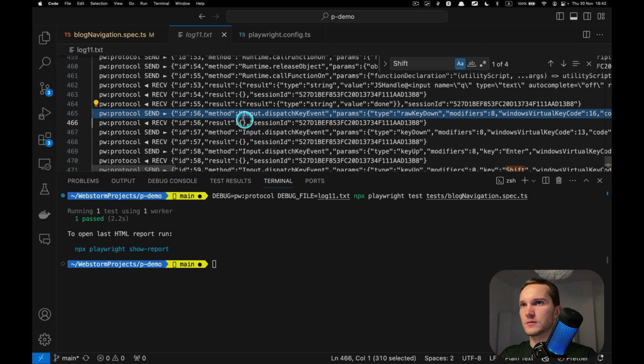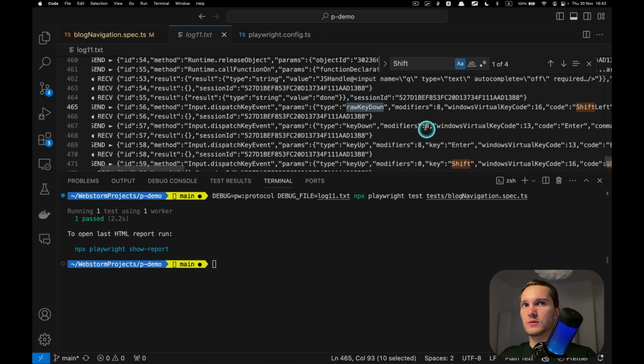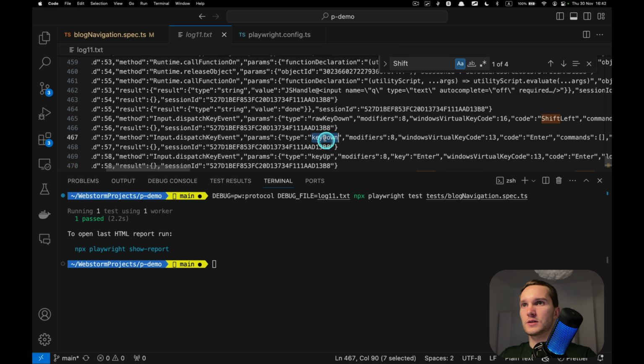Playwright sends dispatch key event, which is Chrome DevTools protocol method. Input dispatch key event, raw key down. Raw key down, and here it sends key down for enter.